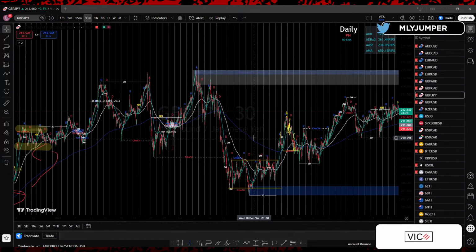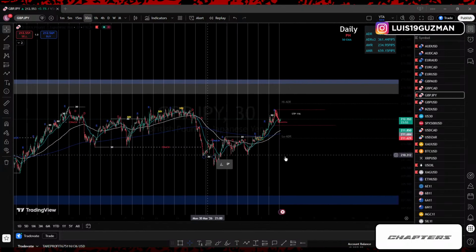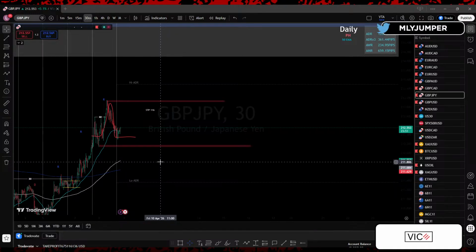And again, I said this earlier. GJ is a very big pair compared to AU, EU, GA, EA, right? Compared to those smaller currency pairs, GJ is one of the biggest ones. So I'll even say that GJ is going to be one of the hardest forex pairs to mark up as a beginner trader. That's why I always recommend start off with EU, start off with AU. They're small pairs, they don't move as crazy compared to GJ. That's why you don't really see me trade GJ that much.